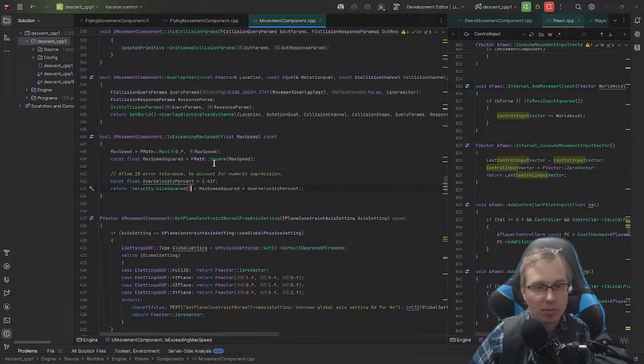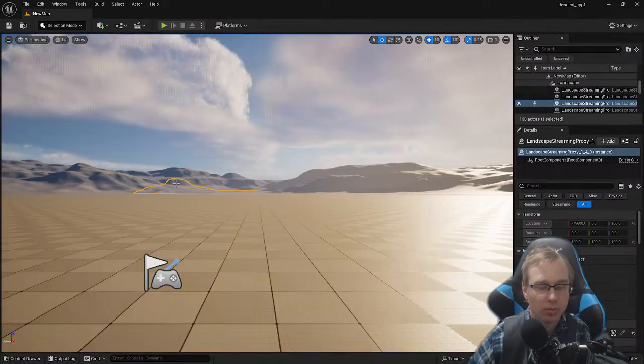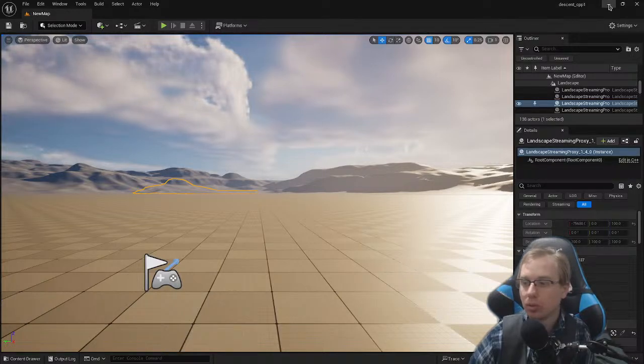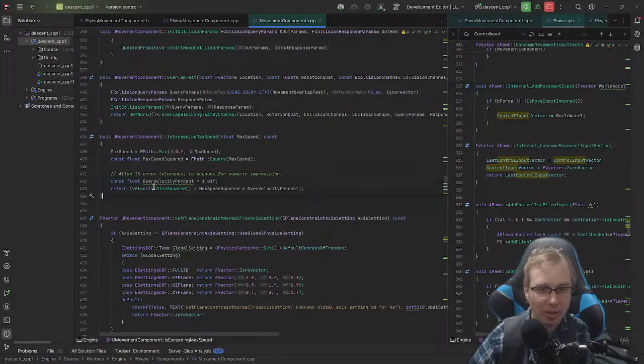Okay, max speed squared equals squared. Constant, Unreal, don't need to do that. Constant float over velocity percent equals 1.01. Okay, 1% over 1. Return velocity size squared is less than